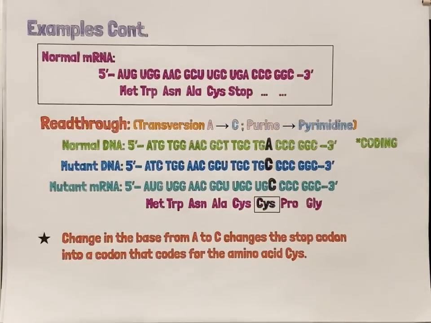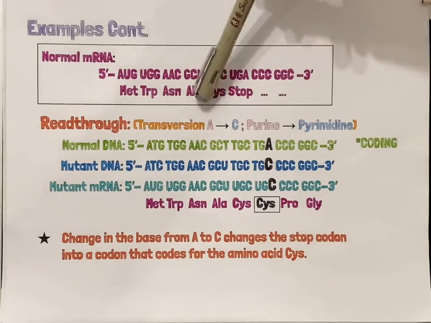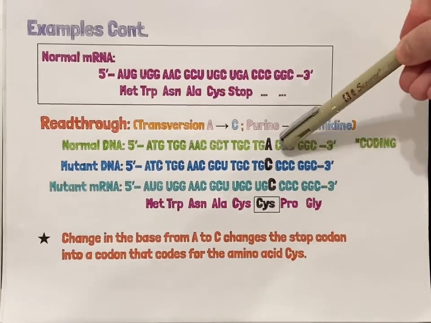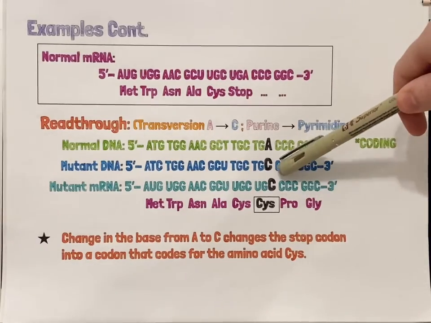Here's an example of a readthrough. A readthrough is when the stop codon is changed into one that codes for an amino acid, so it doesn't know to stop and it keeps coding on. So you can see here, we did a transversion from A to C, a purine to a pyrimidine. Because normally there was an A in the normal DNA here,